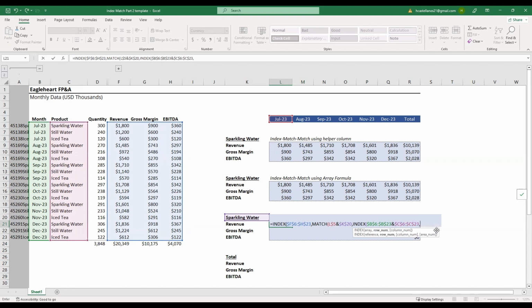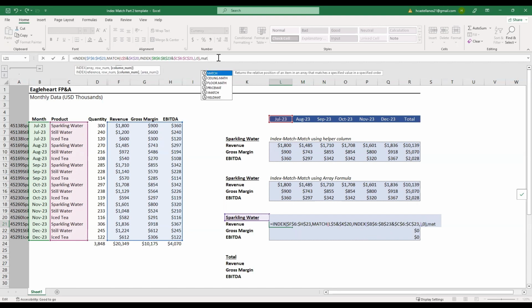Now let's close out that index formula with the close paren. And let's close out that portion of the lookup array in the match formula. So let's add another comma, match type 0 for exact match, close paren to finish out that match formula, comma,